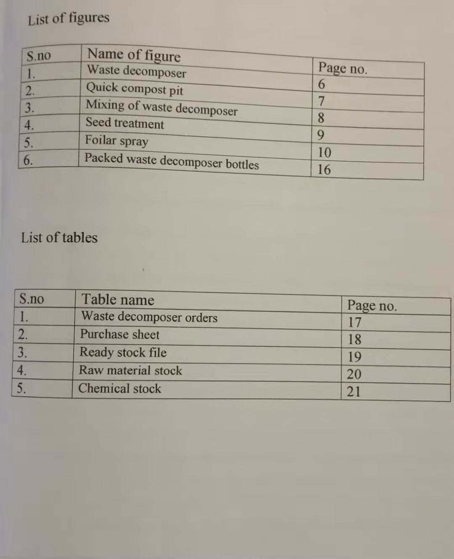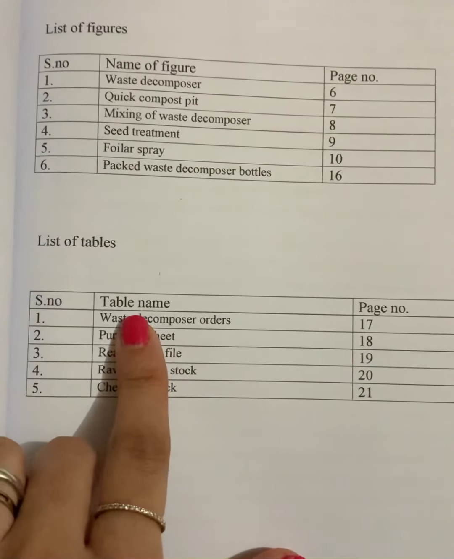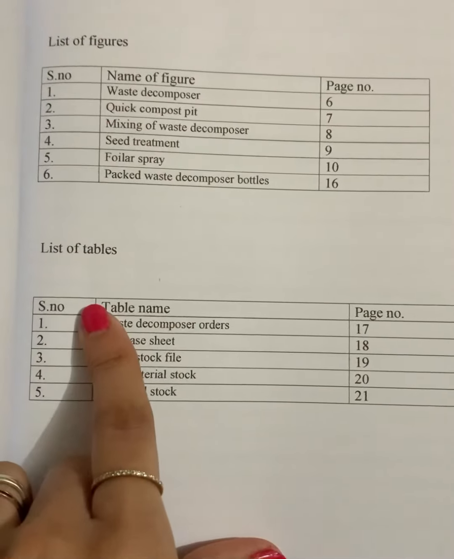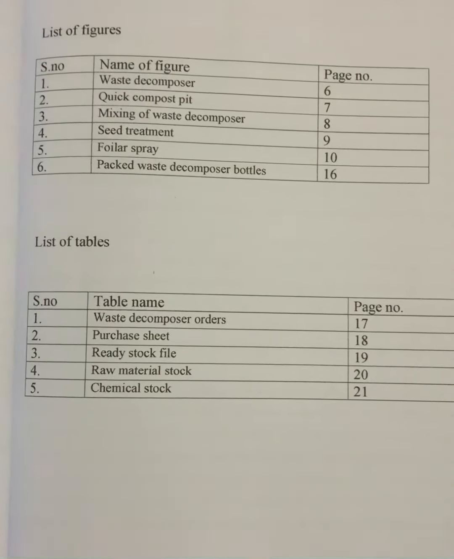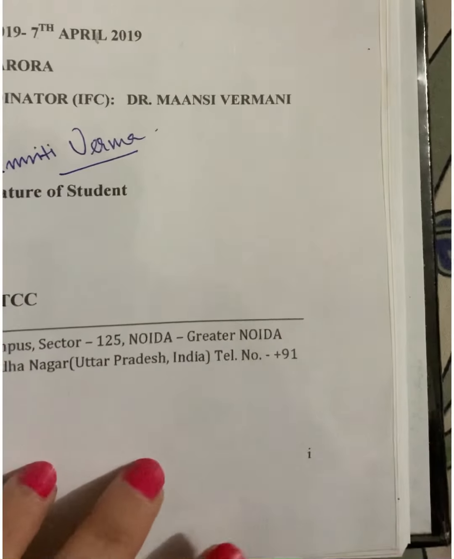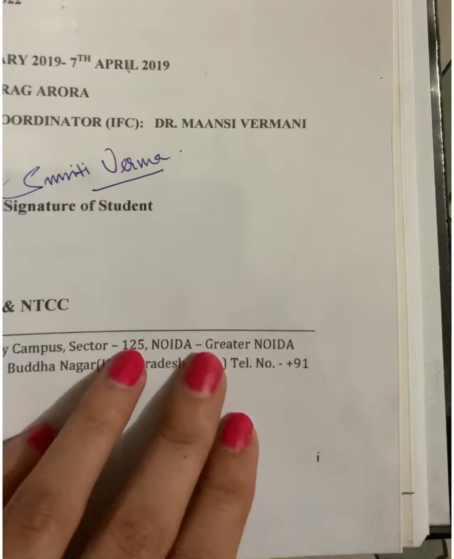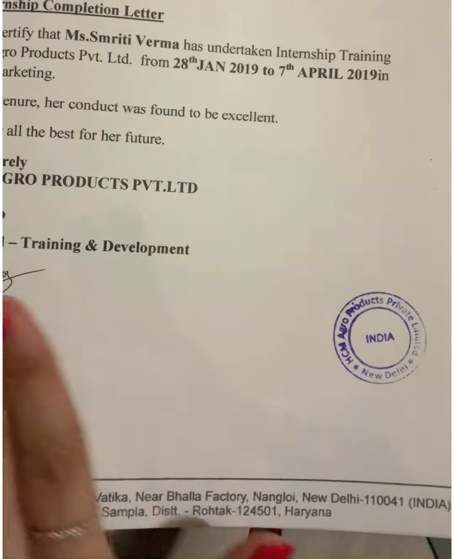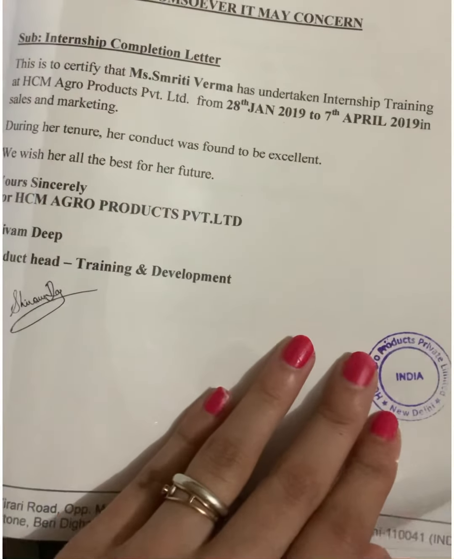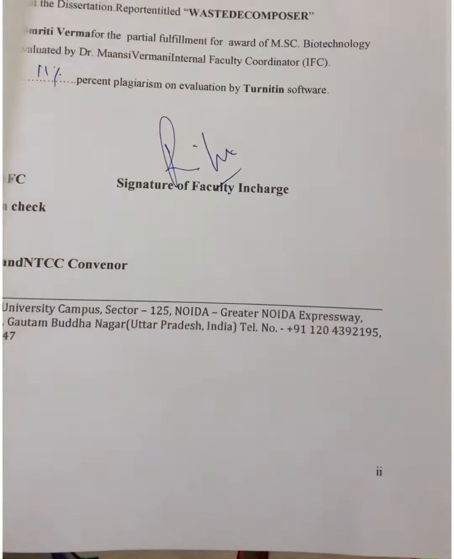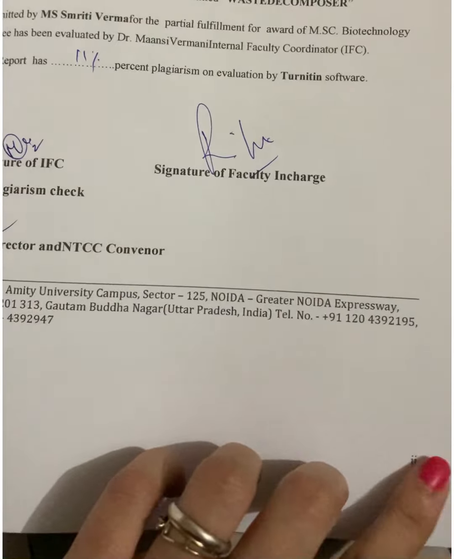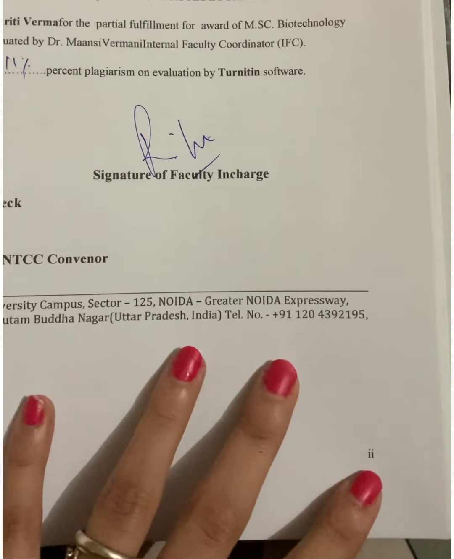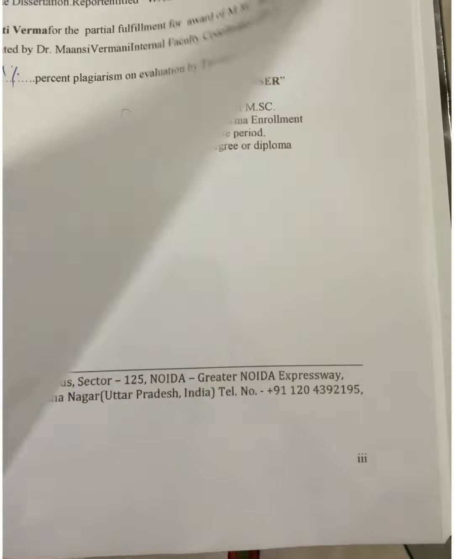Now another important thing which you have to remember while you format these pages is how to mention the page number. So starting with the very first page, you mention the page number in Roman numerals, as you can see. The next page, which was the certificate page, has no page numbering. You directly come to the next page, in which there was the plaque certificate. You mention the second page number, that is again in Roman numerals.